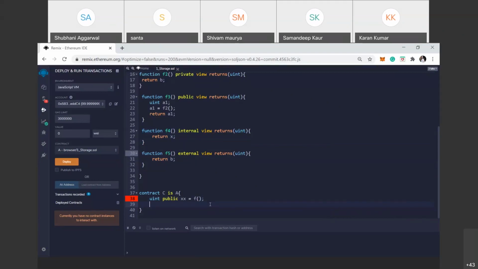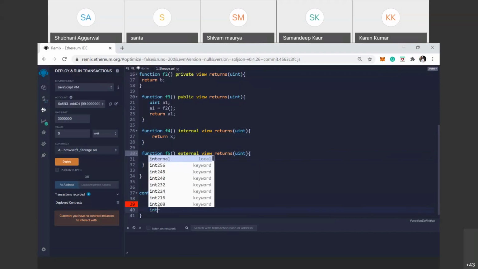So here, firstly, A public. This means contract A is public in nature and we show the state variable name a, small a. Here we will create a new variable, a new A, so that we can use this external function.